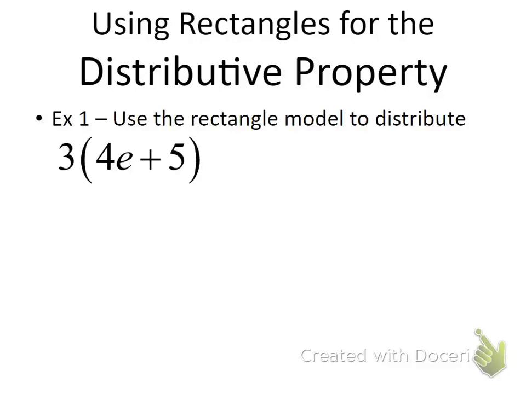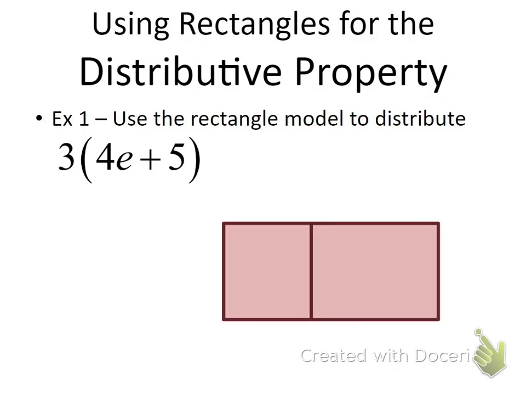Okay, using rectangles for distributive property. As I said, we're going to start kind of basic, and then we're going to build upon it. So example number 1. Next to example number 1, you're going to put 3 times 4e plus 5. So what we're going to do here is use this area model to distribute 3 times 4e plus